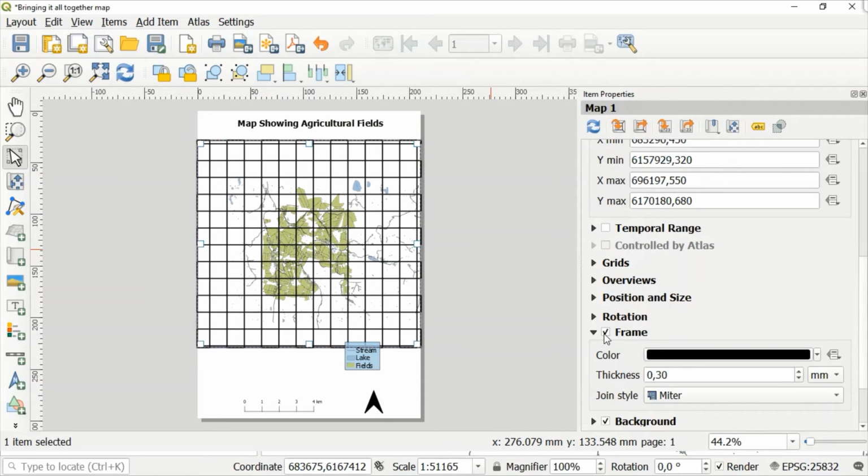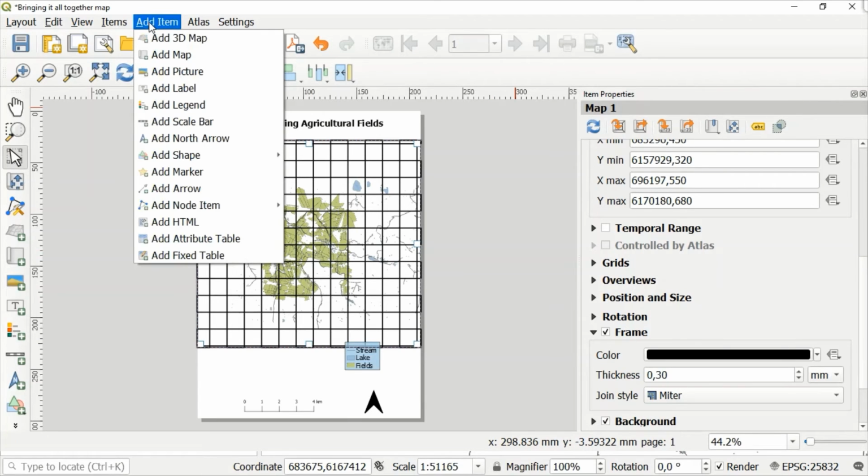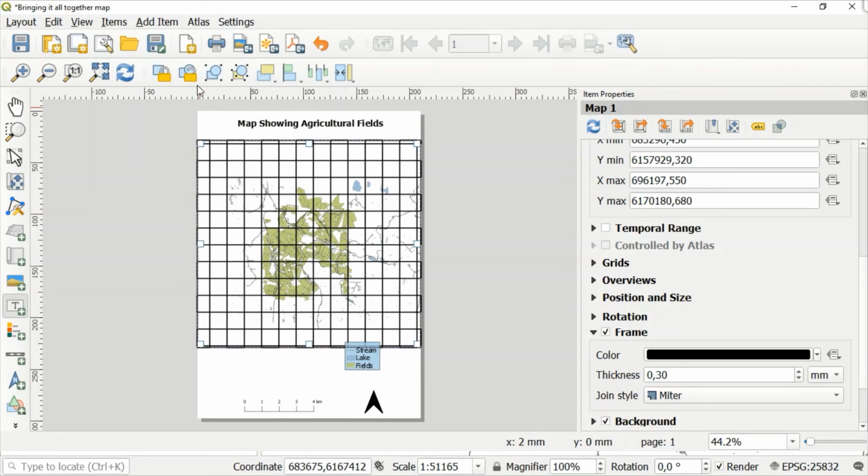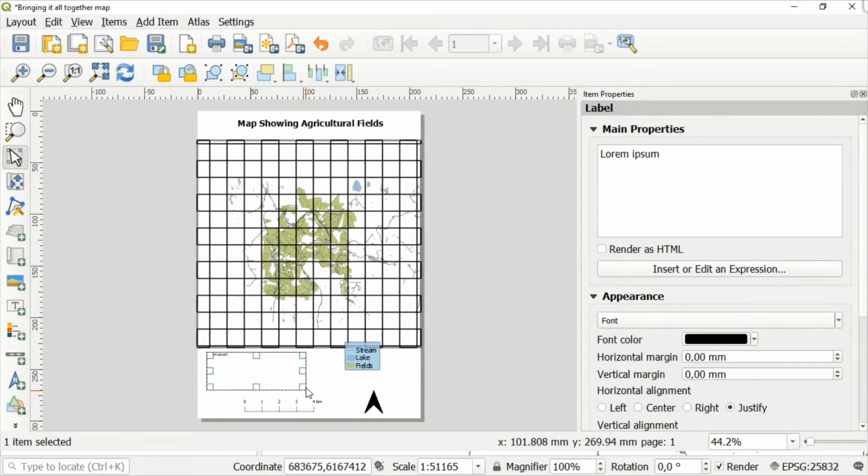Right. So now we are going to add another label, but this time we are going to use this label to add map credits, right? So map produced by